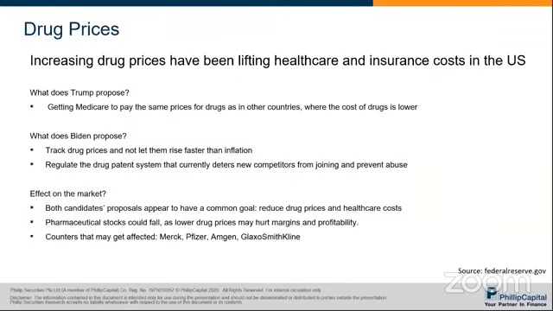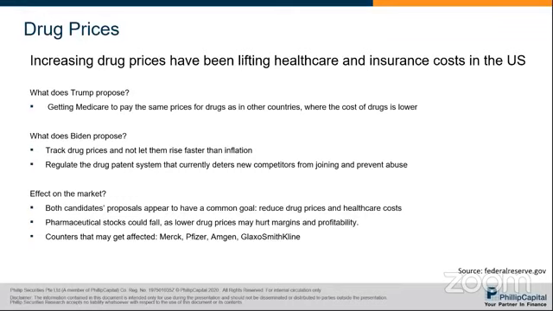Drug prices have been steadily increasing in the US, and this has translated into rising healthcare and insurance costs. Drug spending has increased by more than 40% over the past 10 years. So you have your research and innovation costs, you have your drug advertising, you have your sales and marketing costs. And there is also the merger of pharmaceutical firms itself. So all of these combined lead to higher expenses, and these are then passed on to consumers via higher drug prices. And this has become a worrying trend for Americans.